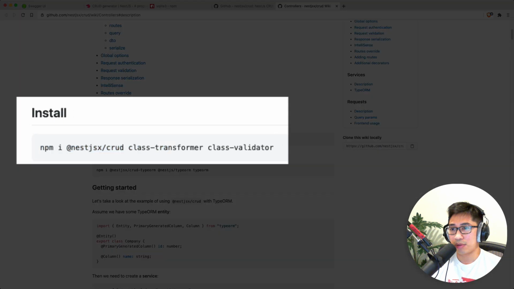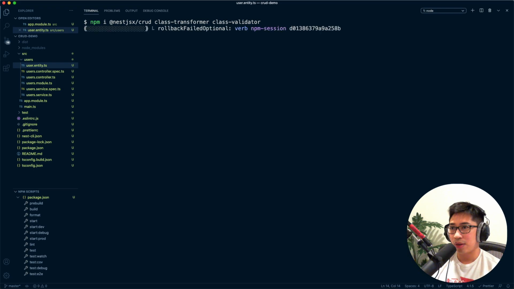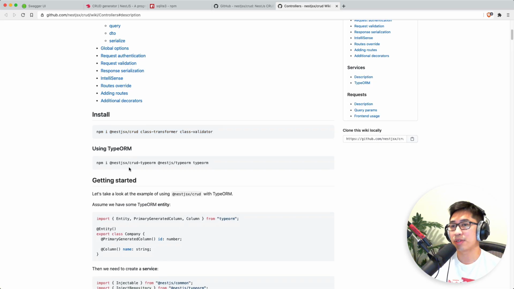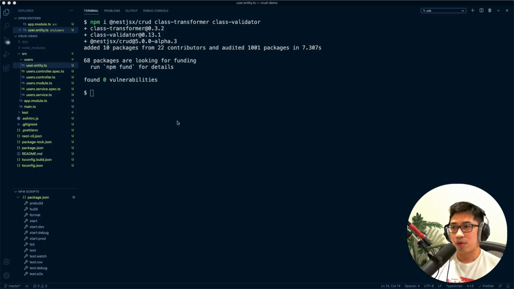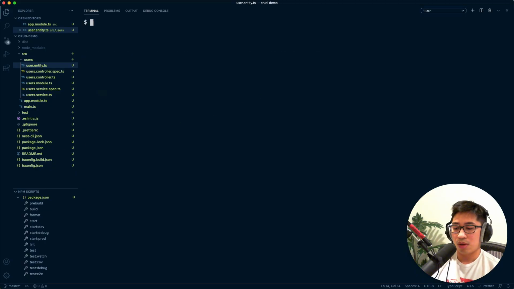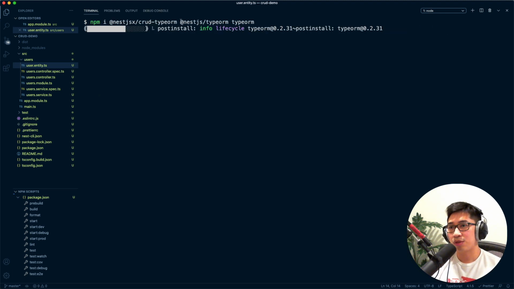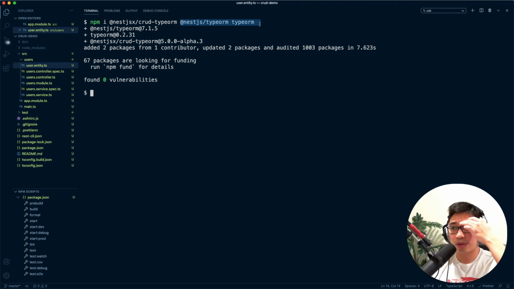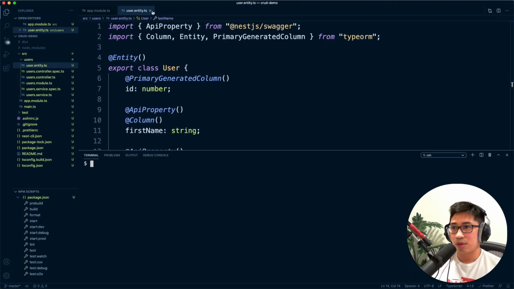So I'm going to copy this. Back to my terminal here, I'm going to install the CRUD package, class-transformer, and class-validator. And then it also says that if you're using TypeORM, you've got to install these things. So I'm also going to npm install the CRUD TypeORM package. These two packages, I think we actually already installed earlier, so technically you don't need that. But now that we've got all of those installed, here's where the stuff